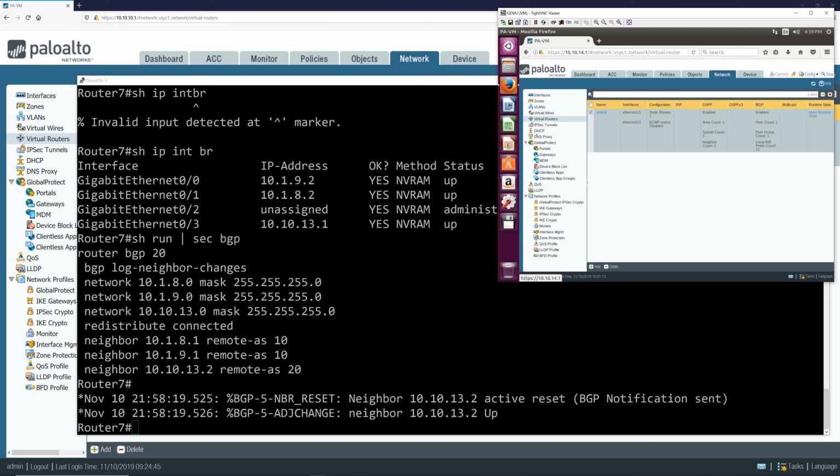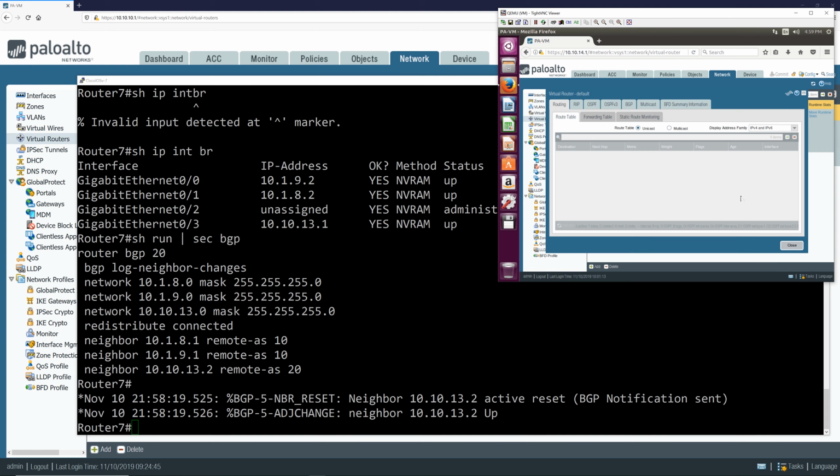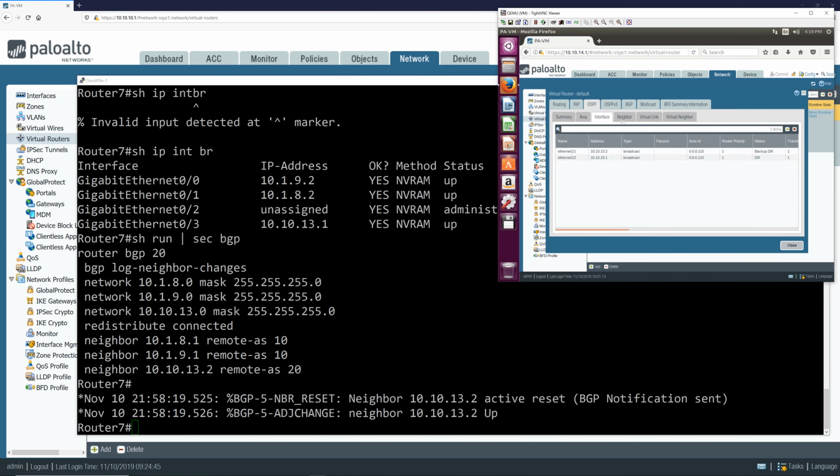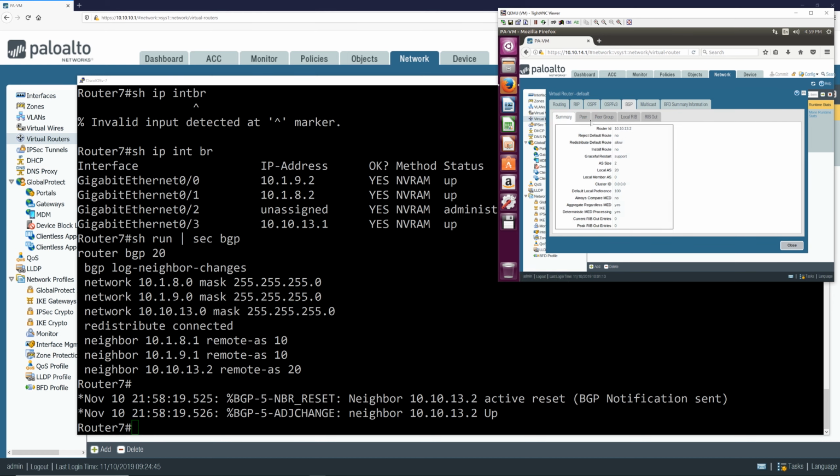Now we should be good with that, and let's see how many tables it did learn from the BGP profile. So if you see, we have plenty of tables and OSPF. Yeah, I have already set up this one. So the BGP